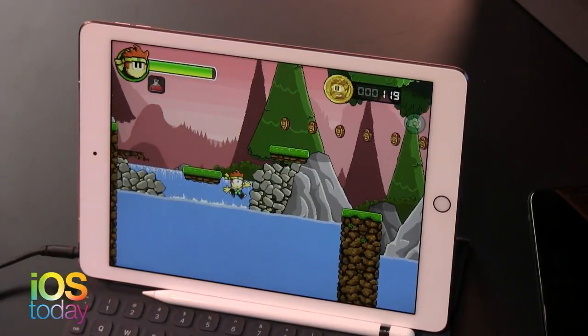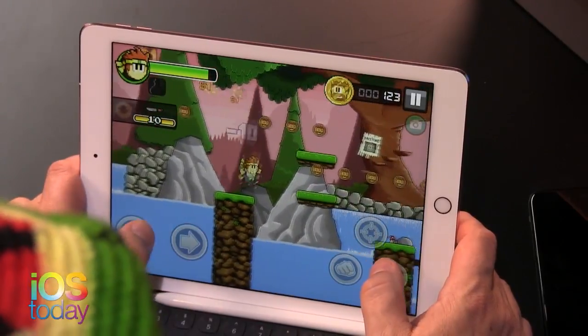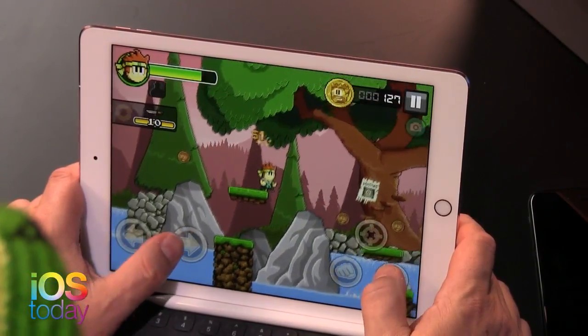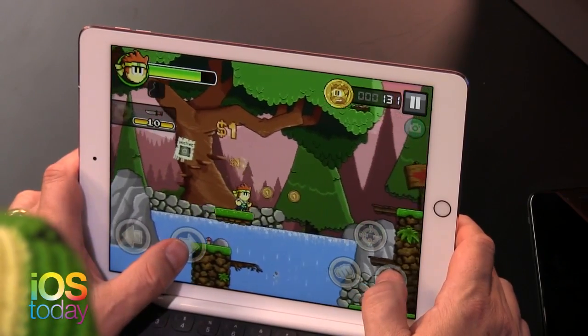Ooh, revival potion. I'm revived, but I'm going to not be revived for much longer if I don't get out of here. Oh. So that's actually nice, too. It's not frustrating in the sense that you don't die immediately. So you can kind of...